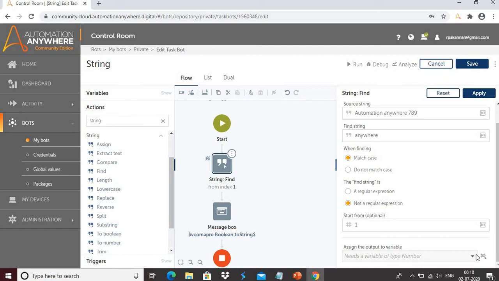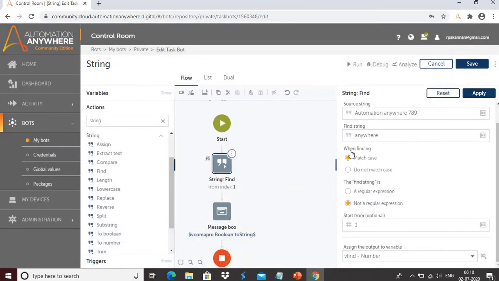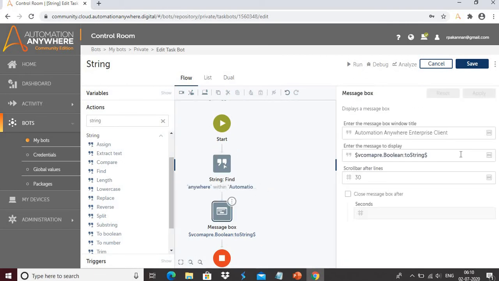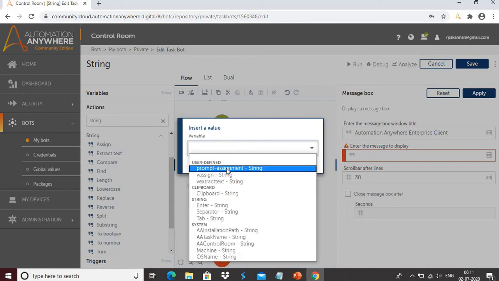Then I will assign this output to a variable. I will create one variable, vFind, click on create and select. I will apply the task, and in the message box I will go to F2. vFind is still a numeric value, so it's not available in this message box drop down list.